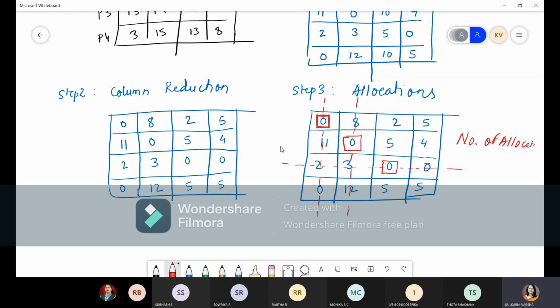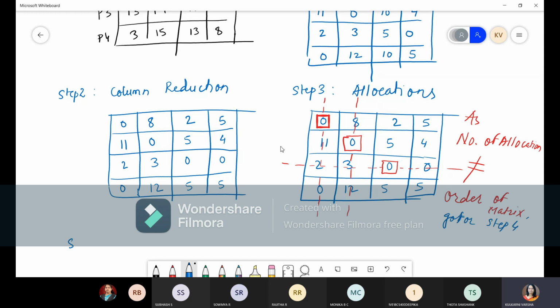So we'll say as the number of allocations is not equal to the order of the matrix, we have to go for step 4. So let us go to step 4.